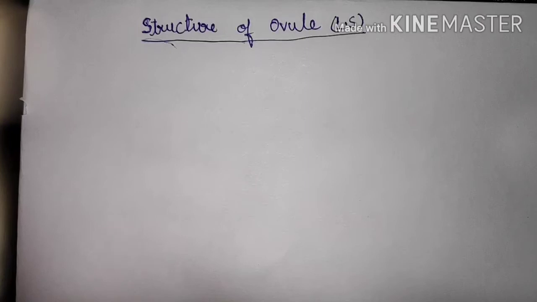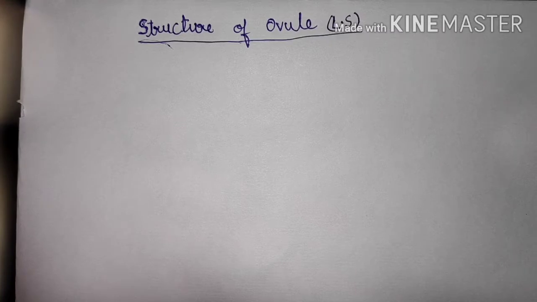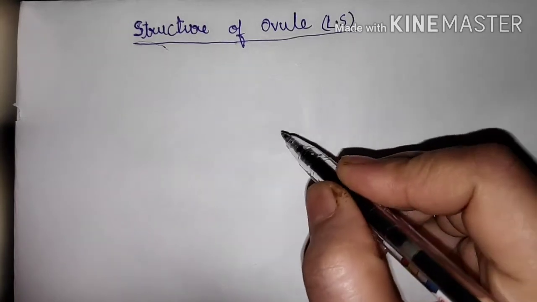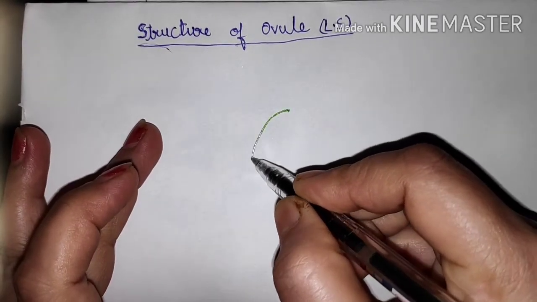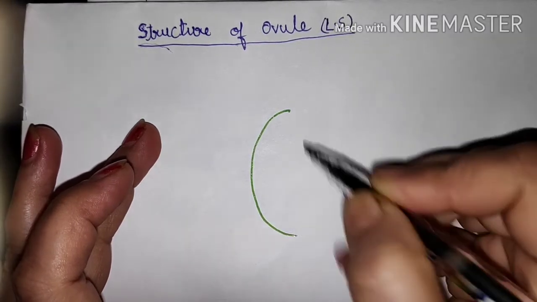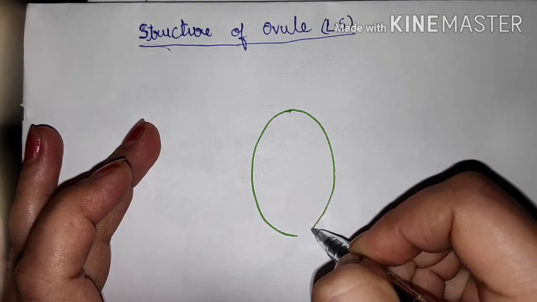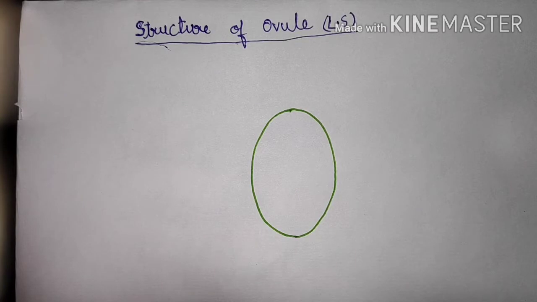हेलो स्टूडेंट्स। आज इस वीडियो में I will be telling you how to draw ovule very quickly and very neat and clean. So first of all, what we have to do is draw an oval structure which is actually the nucellus. Okay, and after making the nucellus you can draw